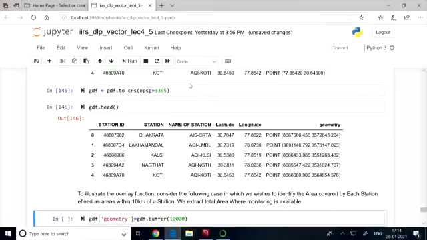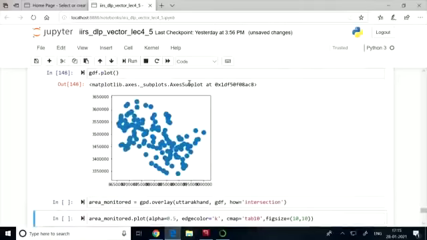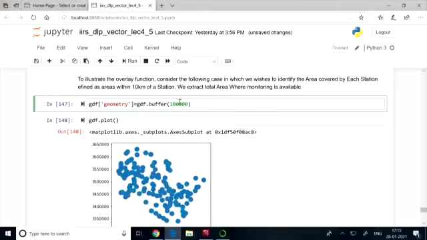Now what we will do first, anyway we have the point layer. Now we will draw a buffer of 10 kilometers around each of these points. So we are creating a new column in the GDF with the name geometry. There we are drawing a buffer of 10 kilometers around each of these points. If you plot it, you can see that this is the buffer of 10 kilometers. Now suppose this is covering an area of 100 kilometers. So instead of 10, if it is 100,